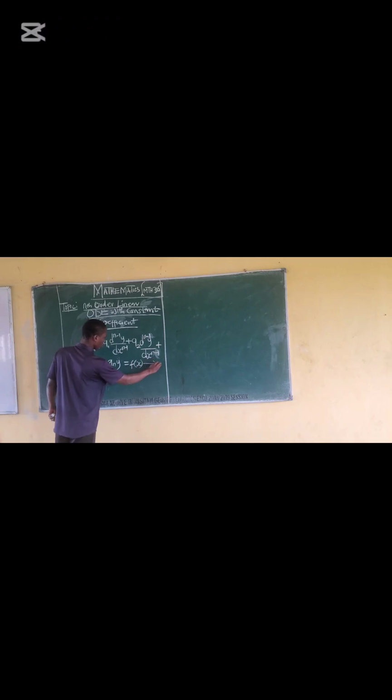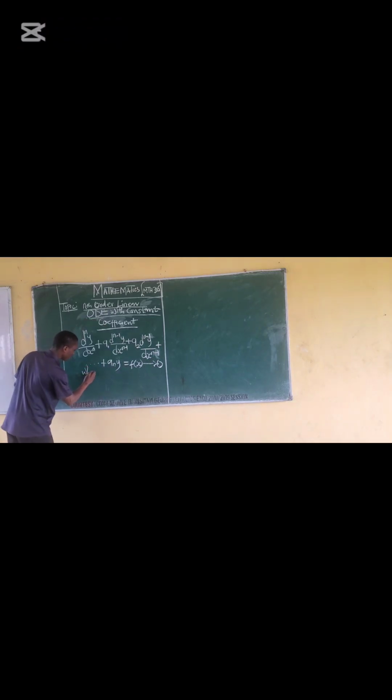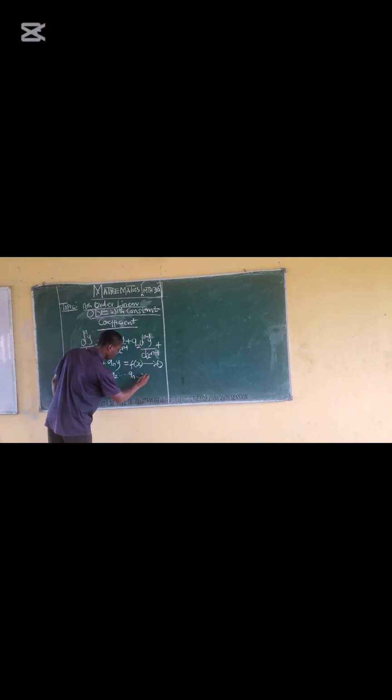So if we call this equation 1, where a1, a2 down to an are called arbitrary constants. This is an arbitrary constant. So from our equation 1, if we